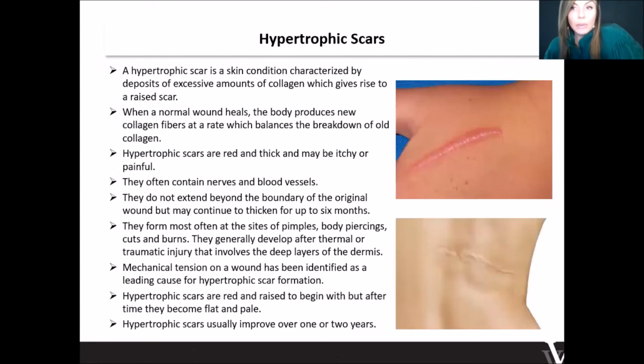All right, so now we'll talk about the type of scarring that we don't treat with Viora. You may be a dermatology office that you do treat these things. You may be a plastic surgeon's office that you do treat these 2 different types of scars. But with Viora, we don't. Especially keloids, and we'll talk about why it's actually a contraindication and why you should really stick to keeping it a contraindication. So the first thing we'll talk about, which is not as severe as keloids, will be the hypertrophic